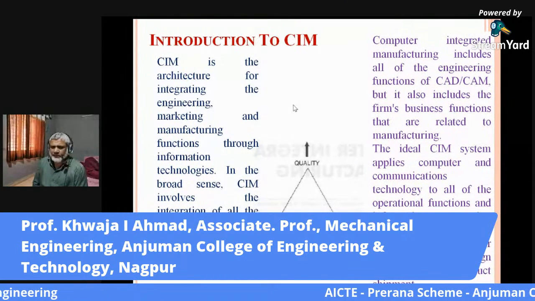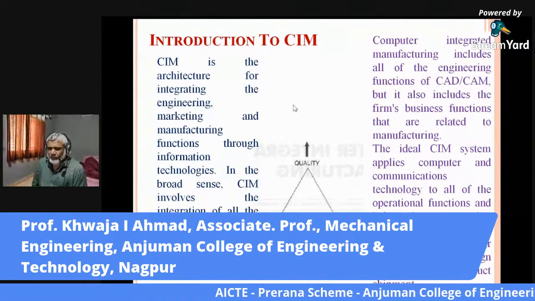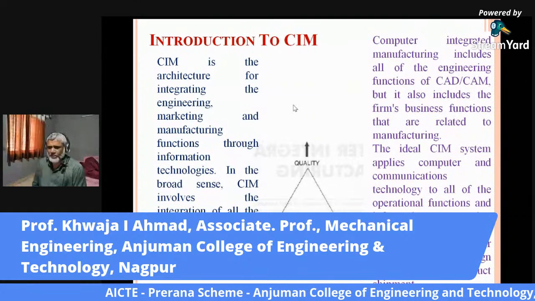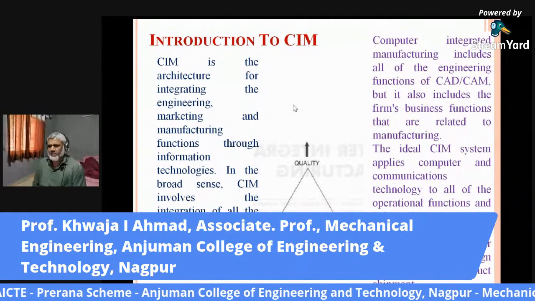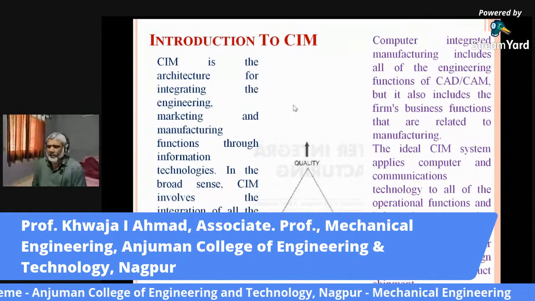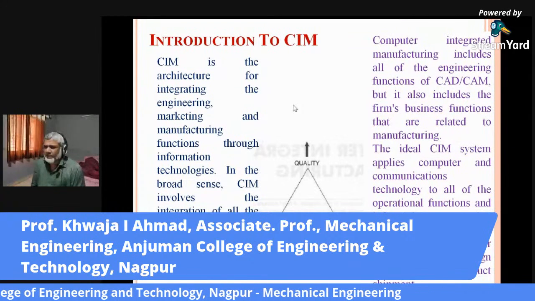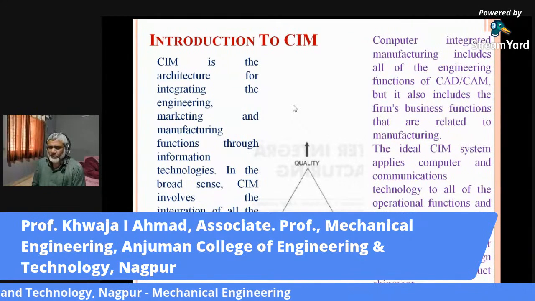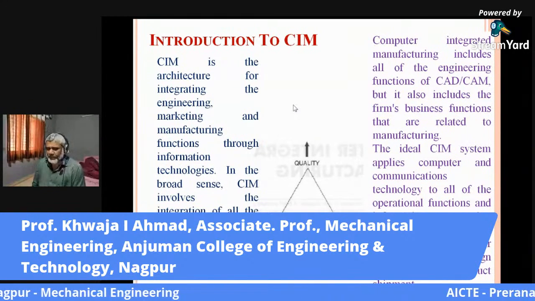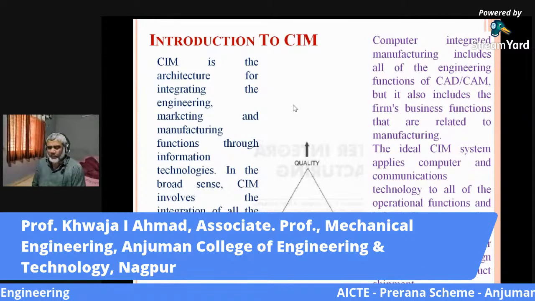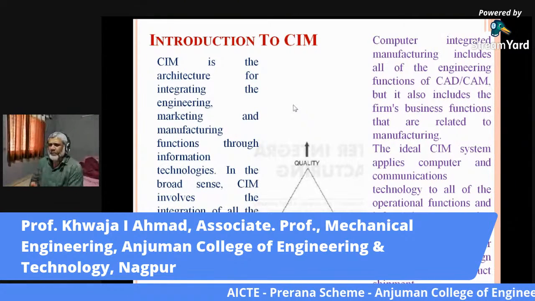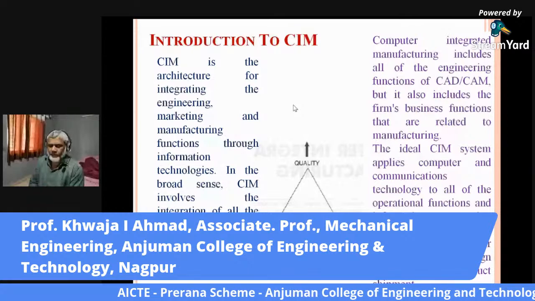In the broad sense, CIM involves the integration of all the business processes from supplier to end consumer. Computer integrated manufacturing includes all of the engineering functions of computer aided design and computer aided manufacturing, and